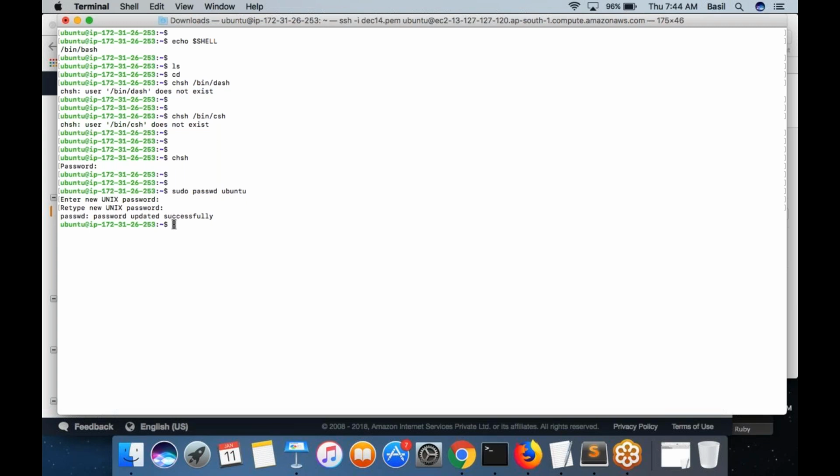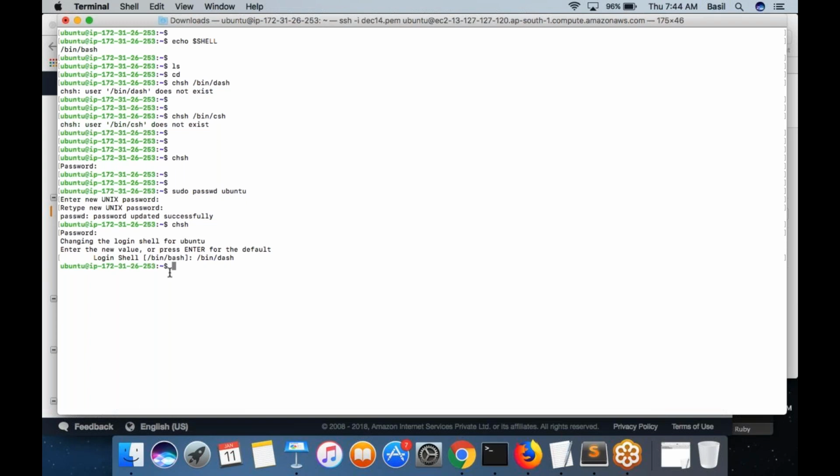There's a command chsh which I can execute. I can type chsh ubuntu, or since I am already logged in as user Ubuntu, no need, I can simply type chsh. It will ask me the password of user Ubuntu. Let me run the command chsh, change shell. Enter the password of the user Ubuntu. It will ask you which shell you want to use. I want to use /bin/dash. Run this command, then automatically you would be switched to a dash shell.